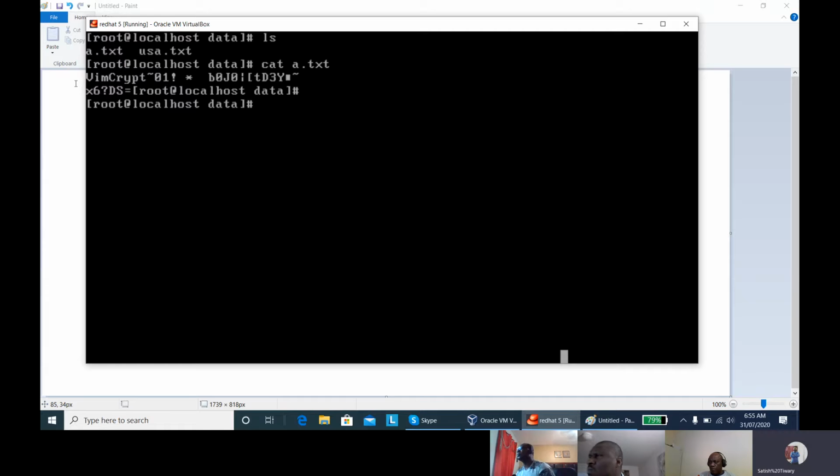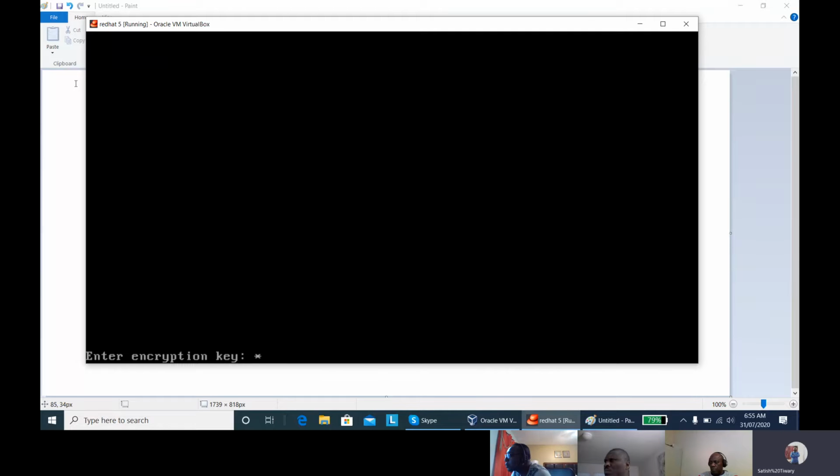It means you have to use the same algorithm, because suppose we have encrypted this file using the Vim method, you have to decrypt this file only using the Vim method, and you have to use the same password which we used during encryption. So vim a.txt, it will ask for the password, 12345, right? You can see the file has been opened.